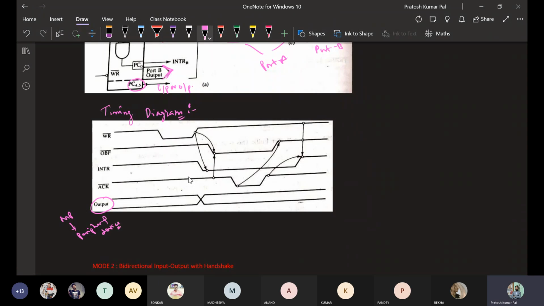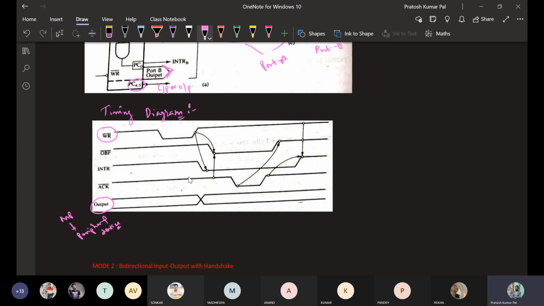Some data is going to be sent from the microprocessor to the peripheral device. Okay, and when this sending starts, first of all some data should be written to the output port. Okay, some data to be written.